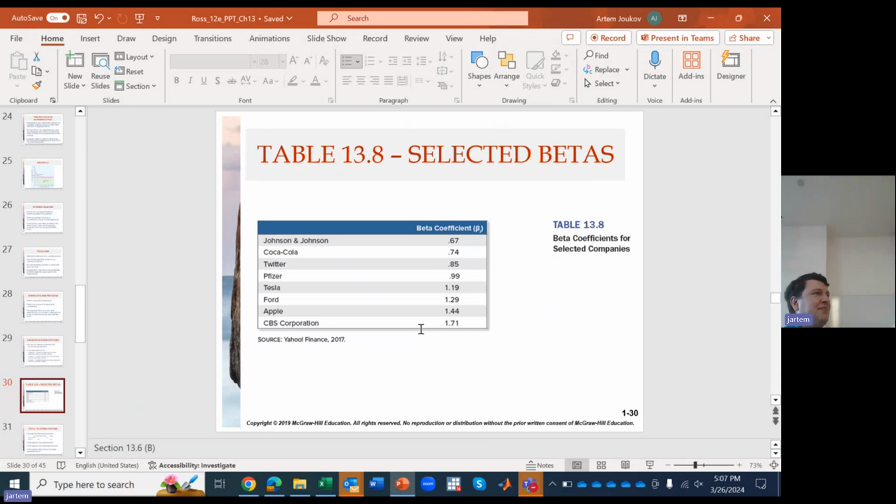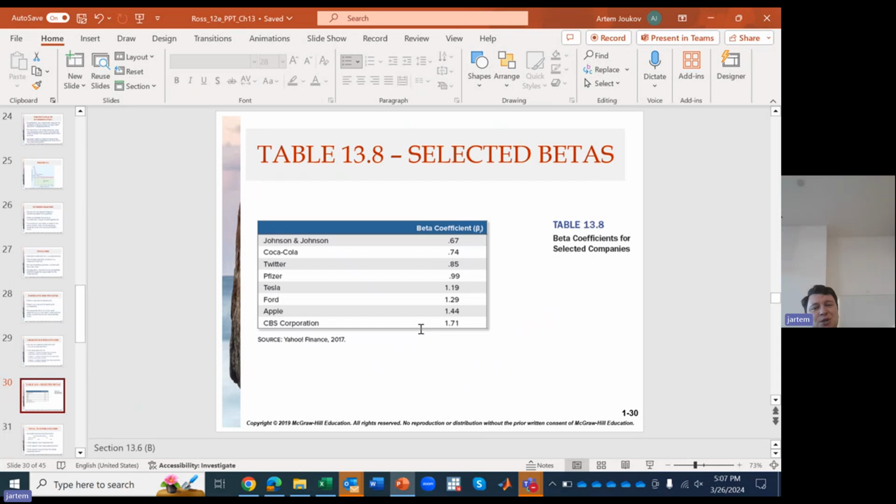Coca-Cola, the same thing. I mean, there's nothing really new about Coca-Cola. They alter the recipe a little bit from time to time, from nation to nation, right? But there's nothing revolutionary happening to where this sugar water, as Steve Jobs used to call it, has now become very different. On the other hand, you get to companies like Tesla and Apple. Yeah, you see higher betas. They've got a lot of systematic risk, and they can be pretty volatile.